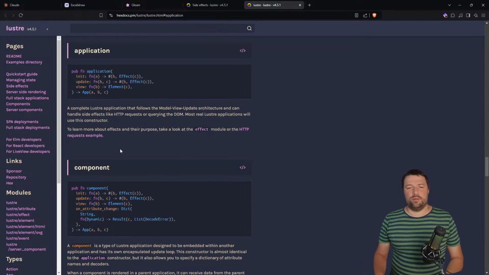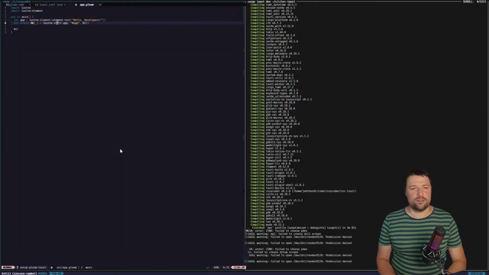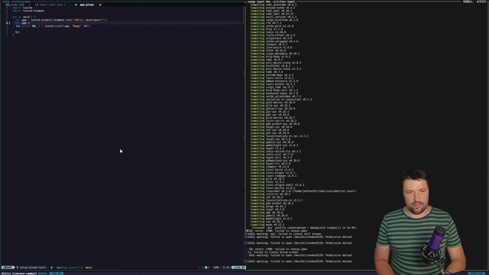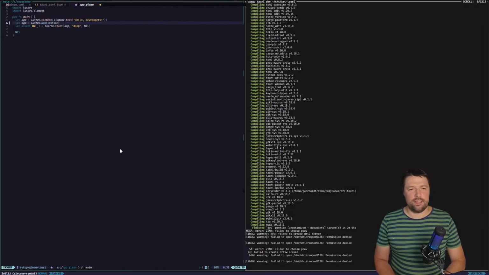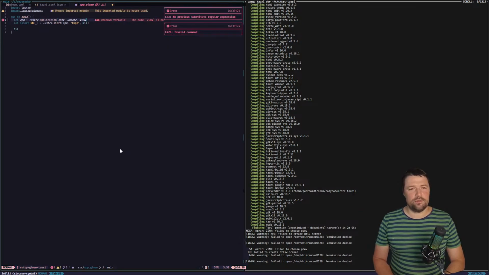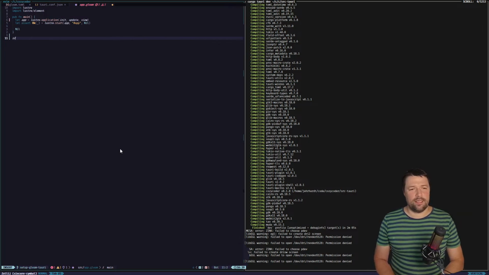And this is in the root package. Okay. So I guess what we want to do here is say app is now the Lustre application, which gets an init, update, and view function. And of course, we don't need this anymore, at least not for now. So now we have